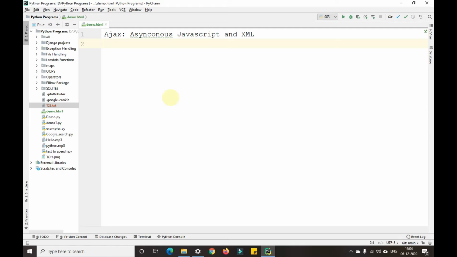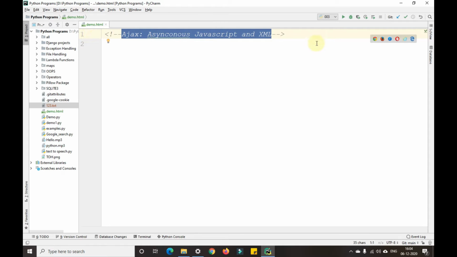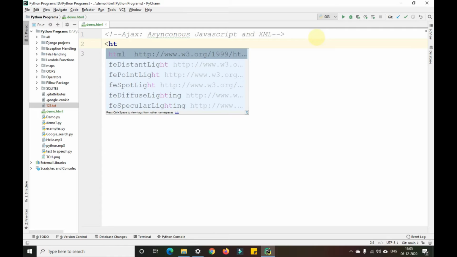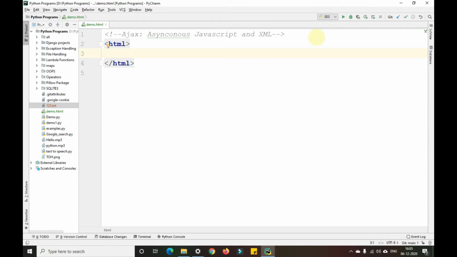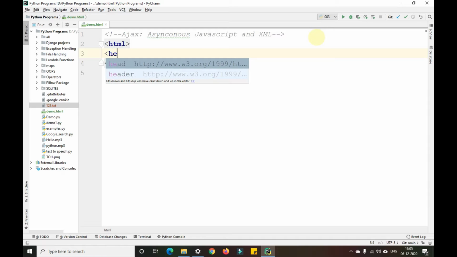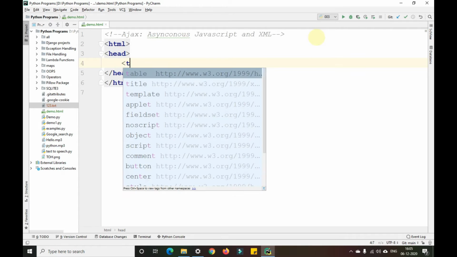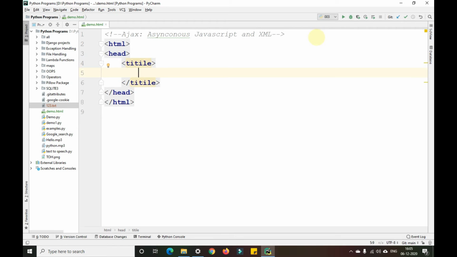So in this demo.html, I have created this particular demo.html here. In this demo.html, I'll open the HTML tag here. In this HTML tag, I'll open the head tag, then the title tag, Ajax calls with Programming with Gautam.